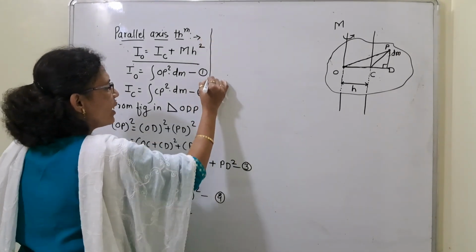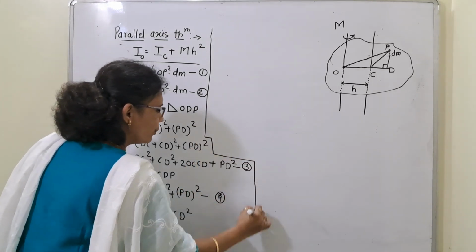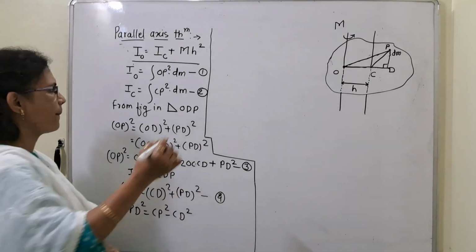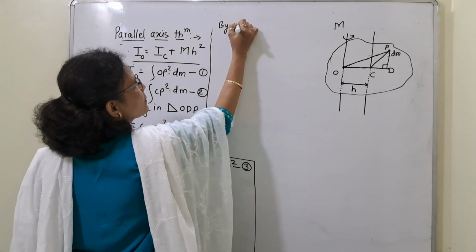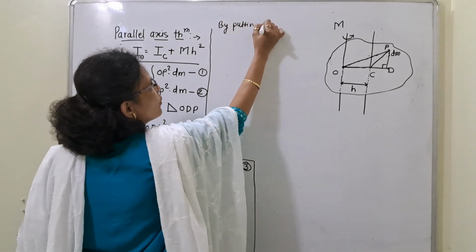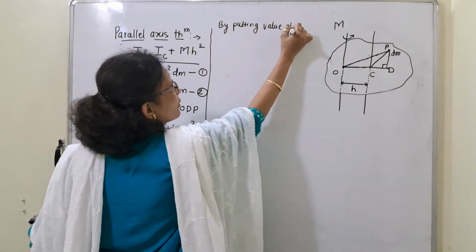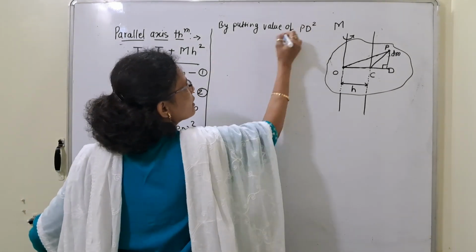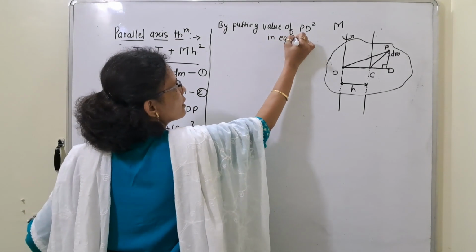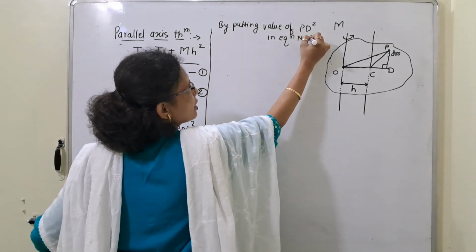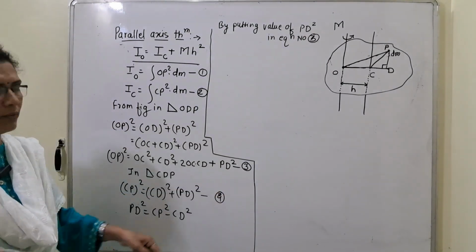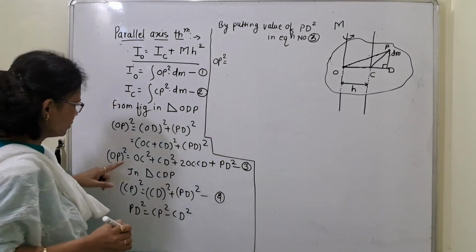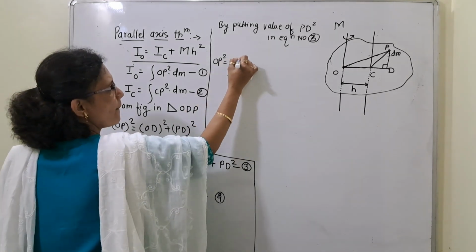Putting the value of PD square in equation number 3, we will get OP square is equal to OC square plus CD square